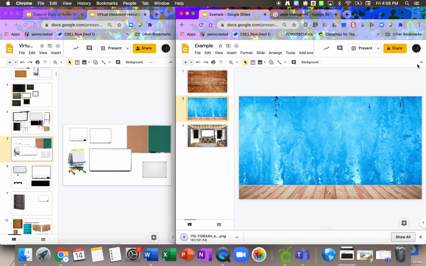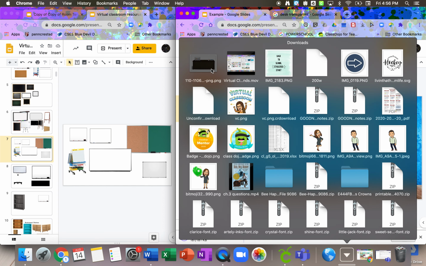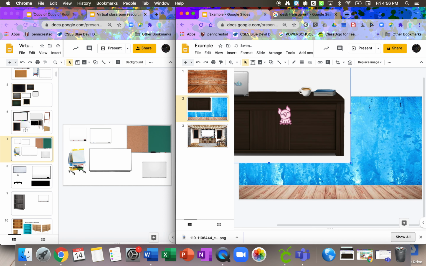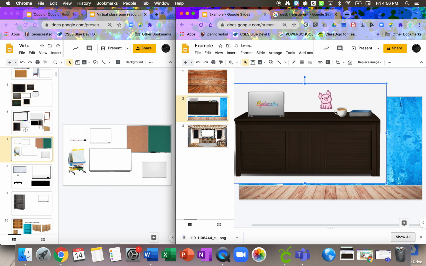We'll get out of there. And then I'll go to my downloads and I will click my image and drag and drop it in. So as you can see in this image right now, do you see this white background? That's exactly what we didn't want to happen. So I'm going to show you another trick. You're going to click that, hit delete,